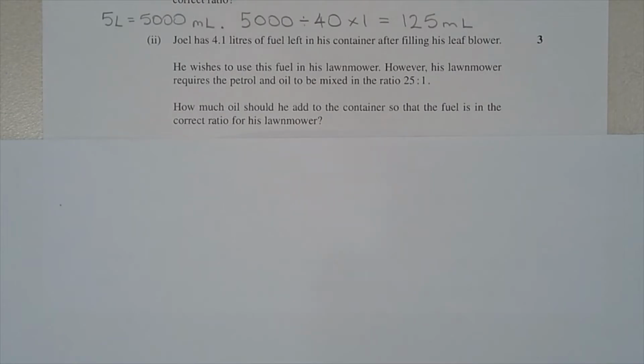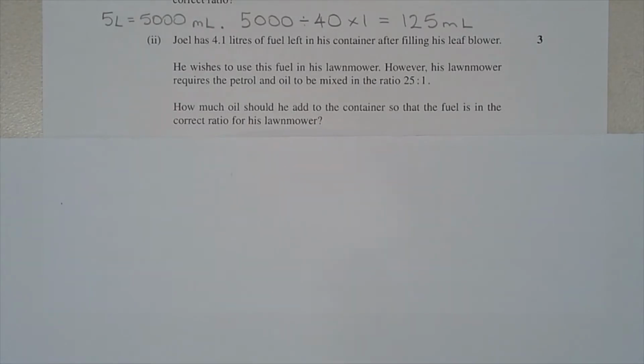Part 2. Joel has 4.1 litres of fuel left in his container after filling his leaf blower. He wishes to use this fuel in his lawnmower. However, his lawnmower requires the petrol and oil to be mixed in the ratio 25:1. How much oil should he add to the container so that the fuel is in the correct ratio for his lawnmower? There's many ways of going about this problem, but one way to think about it is,